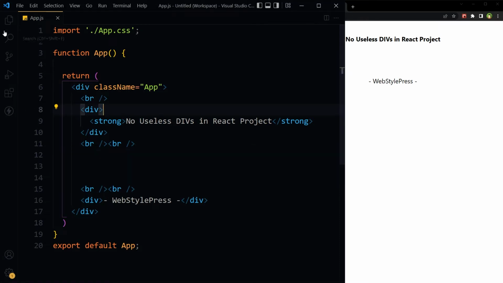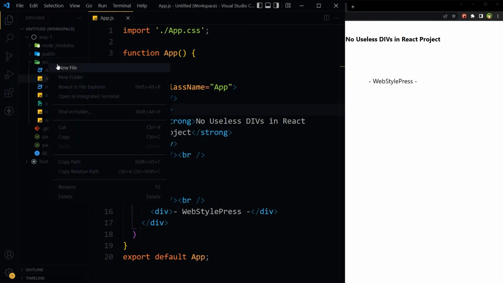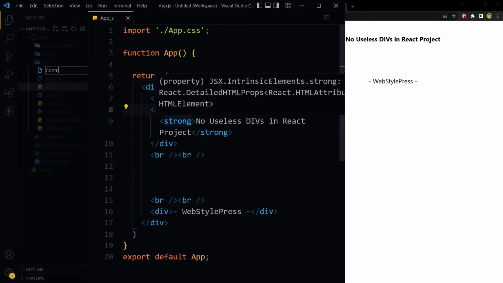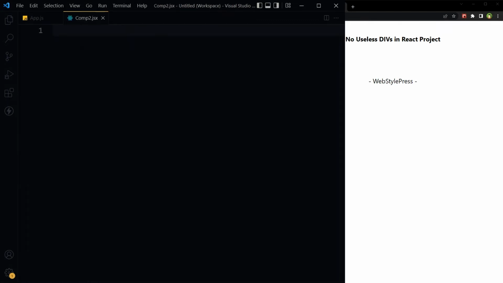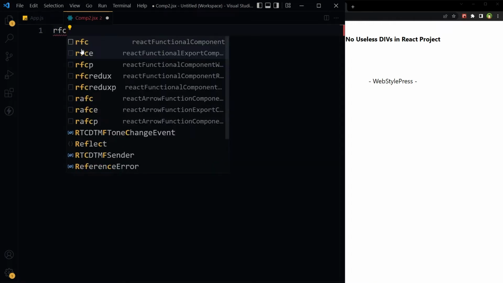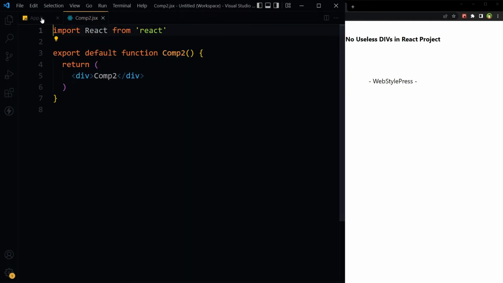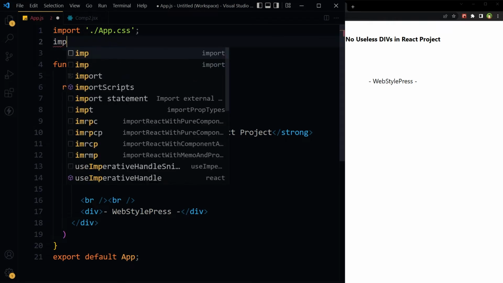So this is our app. New file. New component. React function component. Save, import the component.